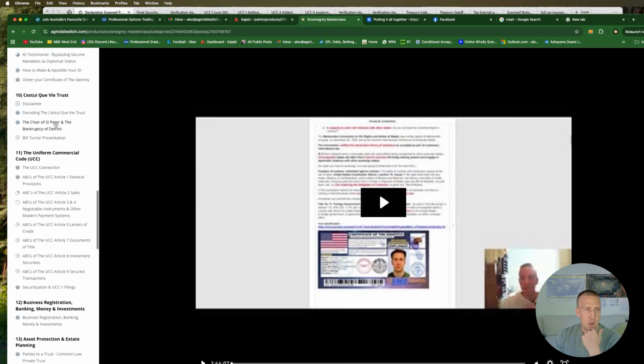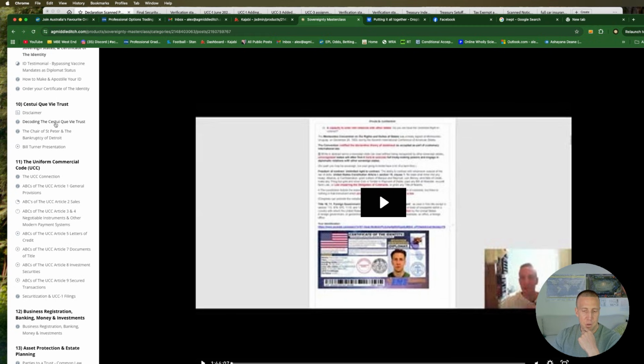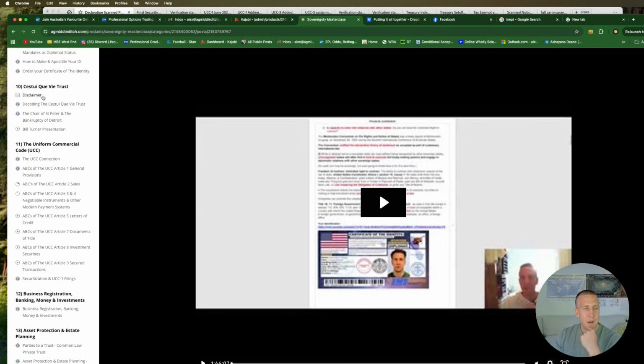So it can be quite time consuming doing the graphics, but once you have the template, it's super easy to renew and do. And then module 10 was a little bit of a trivial module that I thought I'd just leave, because it has some interesting information surrounding the SEDI-KB trust that I got from Bill Turner, and a way in which to potentially go after accessing it, which obviously bore no fruit, but